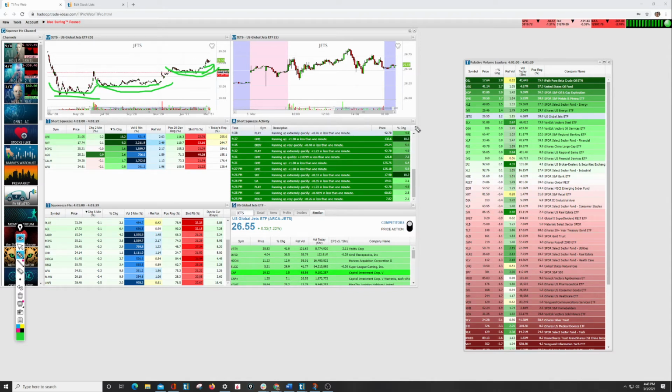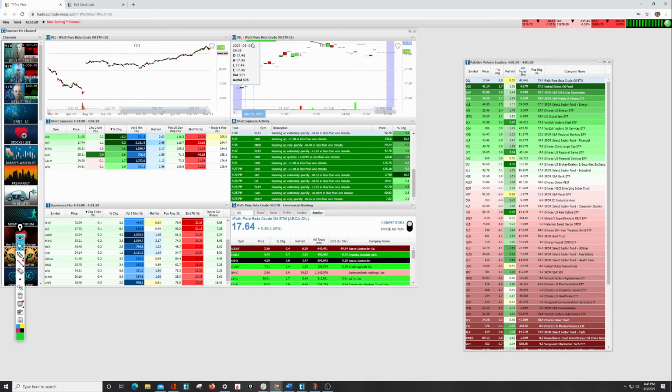This is a way of getting confirmation of the data that you're already looking at, more or less. And then the same concept applies if we look at any of these other sectors, and they'll all be up here. It says up here, US Global Jets ETF. And the same thing will happen as we click through. So for example,